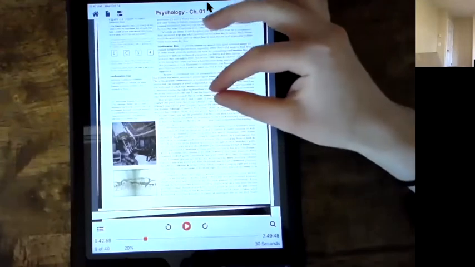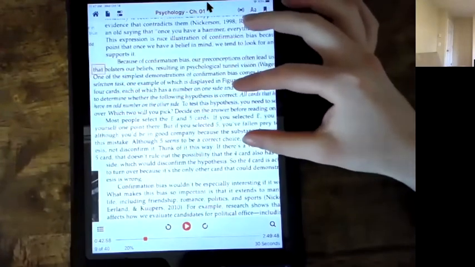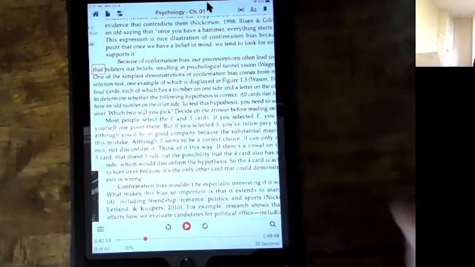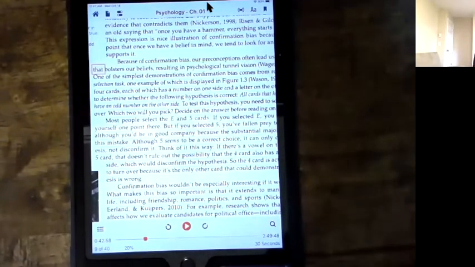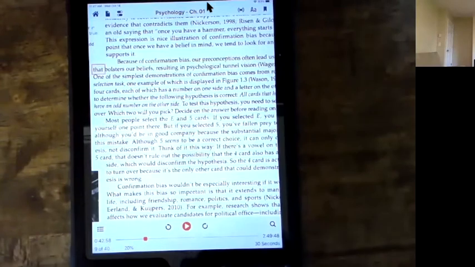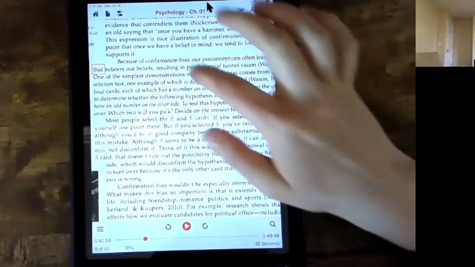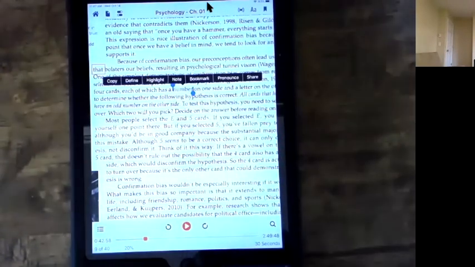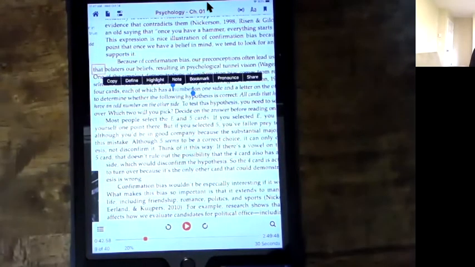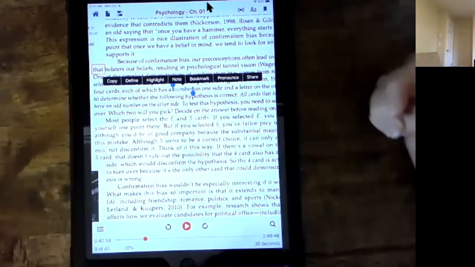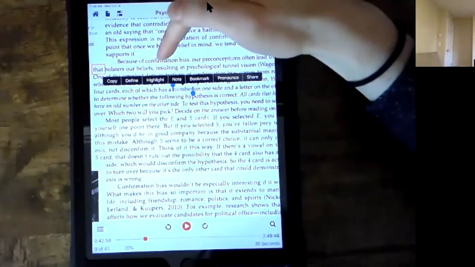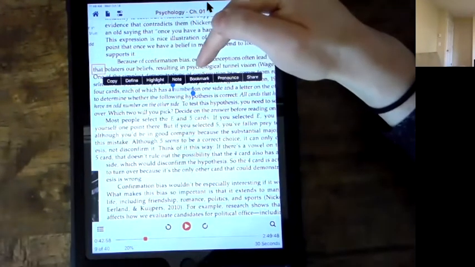For note taking, I'll go ahead and scroll or zoom back in here. The note taking options are available if you tap and hold. So let's say, for example, I wanted to take a note specifically on this word number. I'll go ahead and tap and hold, and then all the different note taking features appear for me. So of course I can copy or look this up if I wanted to with Define. I can also highlight or make a note or a bookmark.